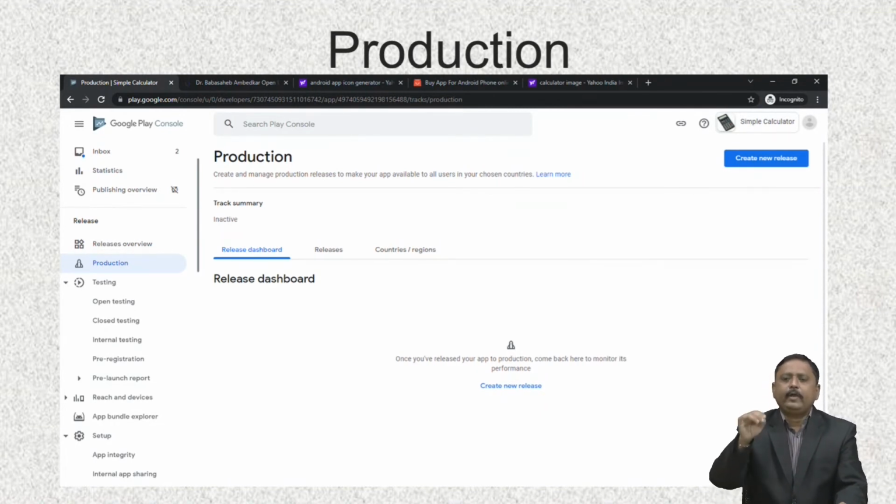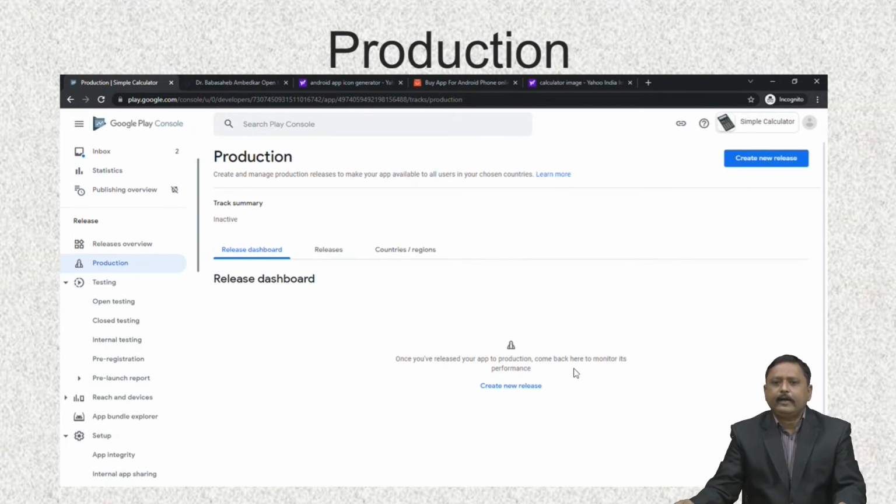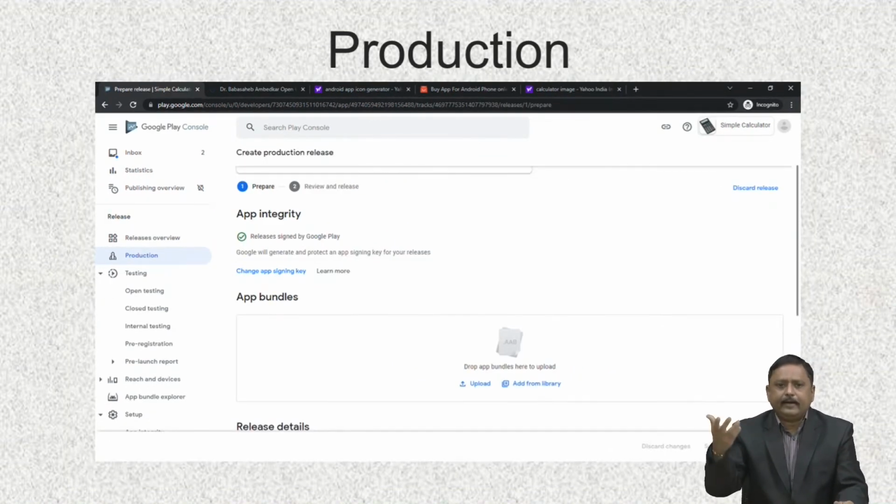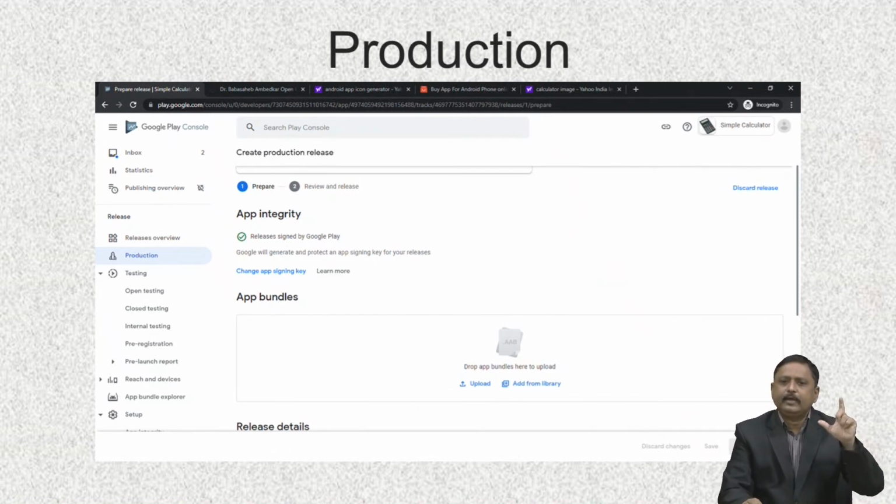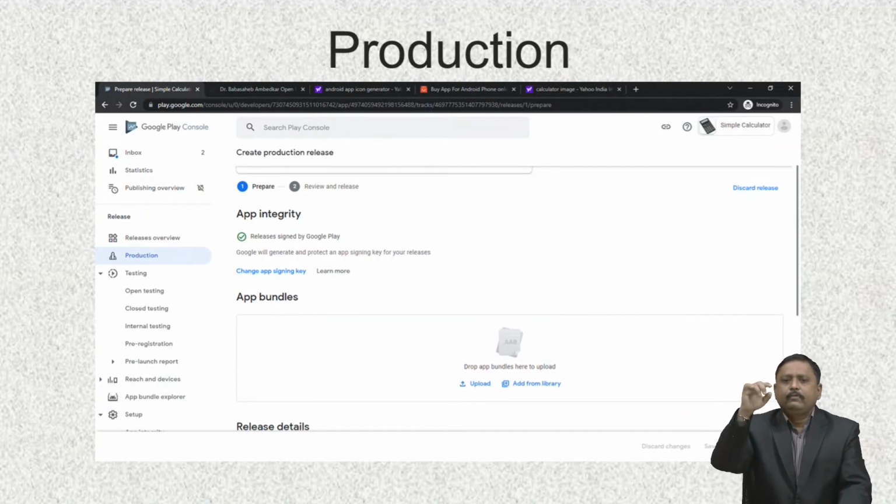Here I have to create a new release by clicking on this Create release link. Here at the bottom you will see Create new release. Now here you have to upload that signed APK. If you click on that, it will ask you for an app bundle. Now by clicking on the upload button, you can upload your signed bundled APK here. Just upload it, and that path you can see inside the event window of Android Studio, right? From that you can locate that path. So you have to upload from that path here.